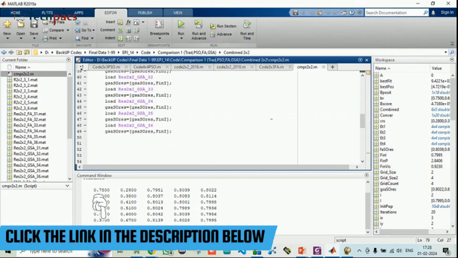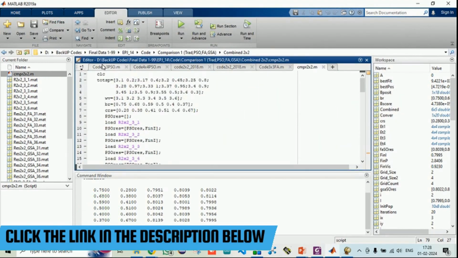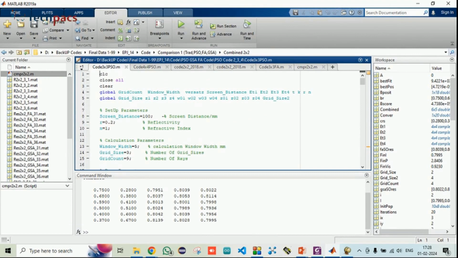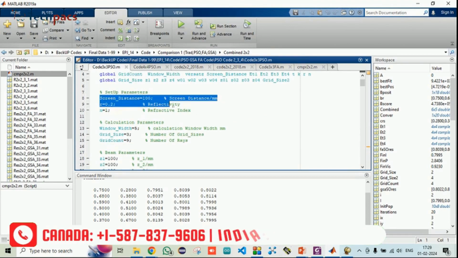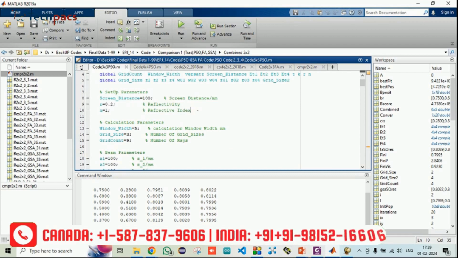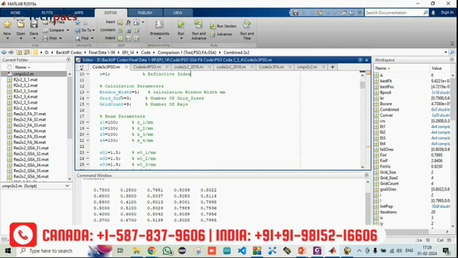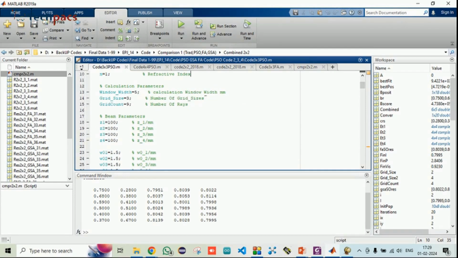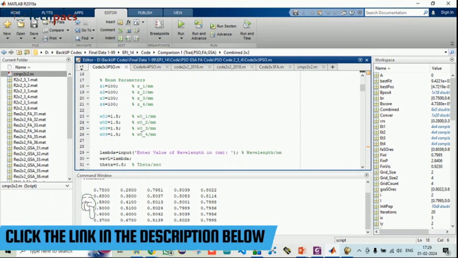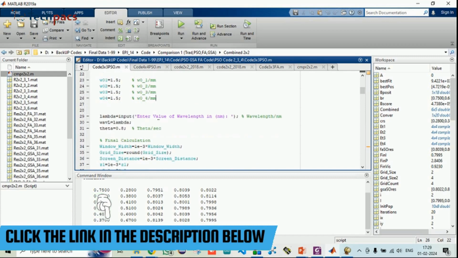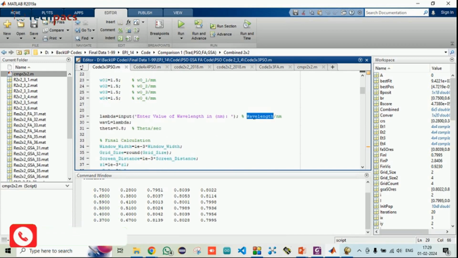So in order to run this code, the wavelength variations have been given, and you can enter the wavelength as per the requirement. So initially these factors have been taken, that is what will be the screen distance, what will be the reflectivity and the refractivity indexes, along with that the window size on which the pattern is to be there, then what will be the parameters related to the beam that is focusing on the waveguides, that information is to be given. Then the wavelength per nanometer has been entered by the user in order to get the